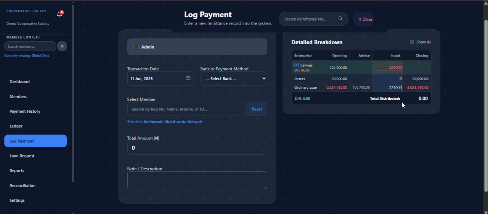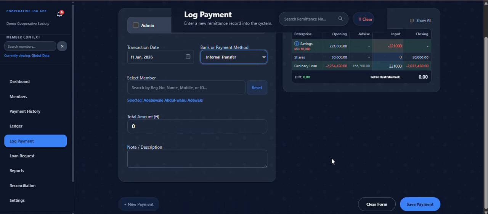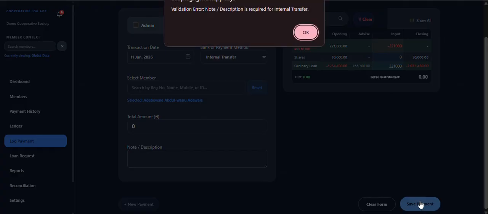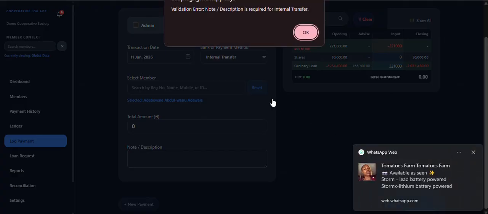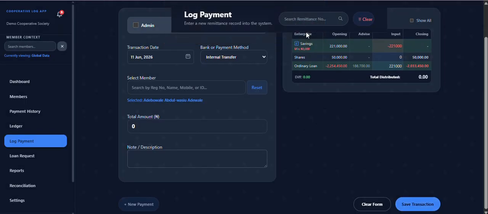The total disbursed is 0. So the total amount will still be 0 because no money was paid and no money was taken. Then the bank will be internal transfer. Then we will save payments. Now you can see it is telling me you must put a description for internal transfer for audit purposes. Now that description will be